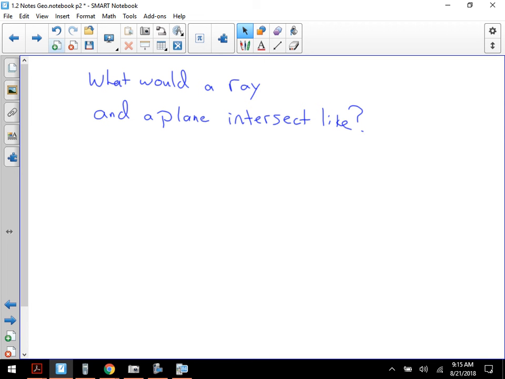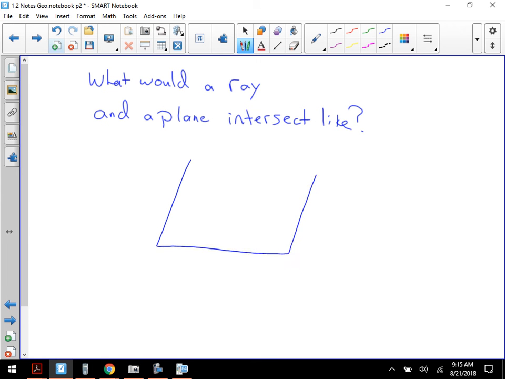So could theoretically, can I say that's a plane? Okay. Put a dot right in the middle. And then what? Go this way? What else do I have to have though? Another little dot here. So I can say that ray, we'll call it ray AB, intersected